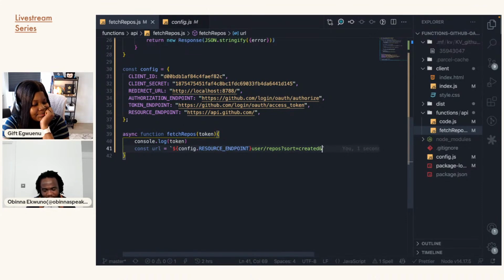And we're going to, so you want the repos that you created, and the direction of how you want it to be. So just be